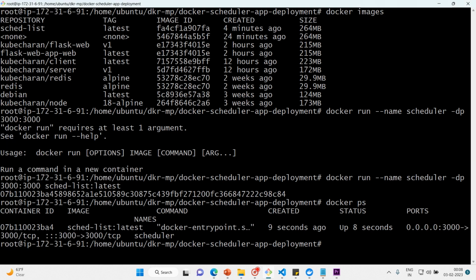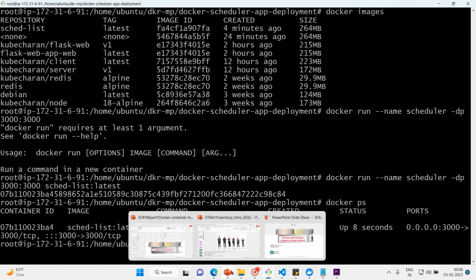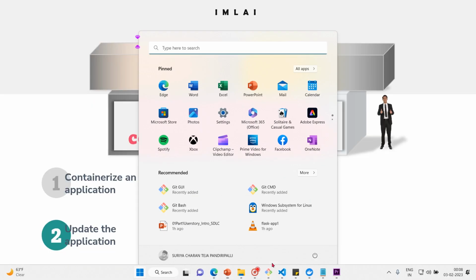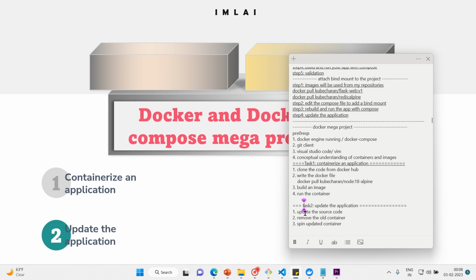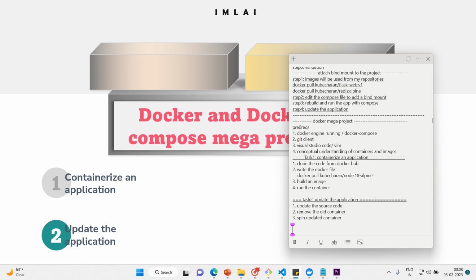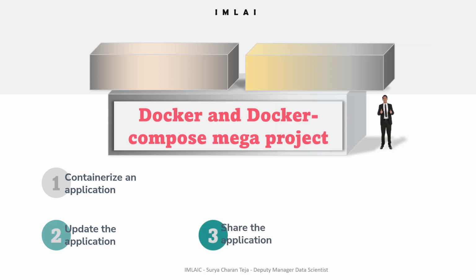Now let's get into the sticky note. So task 2 has been successfully executed in the Docker and Docker Compose Mega project. Then we have the third task, which is sharing the application. So sharing the